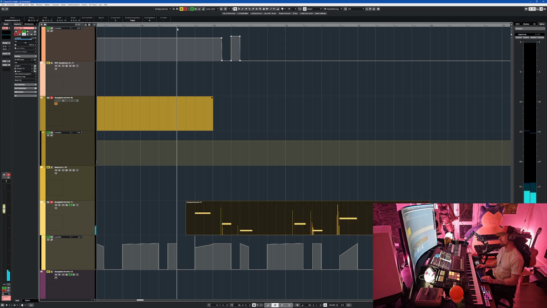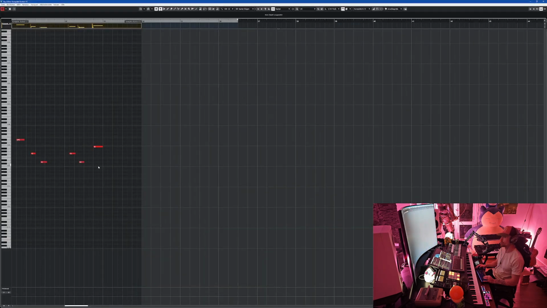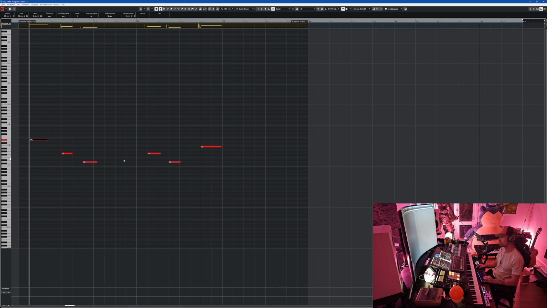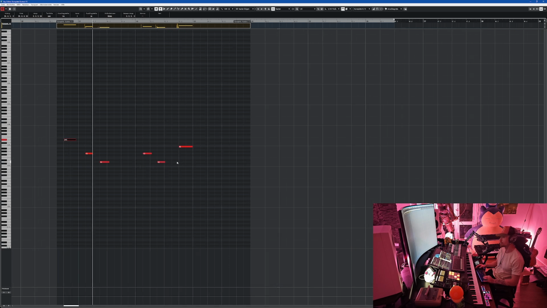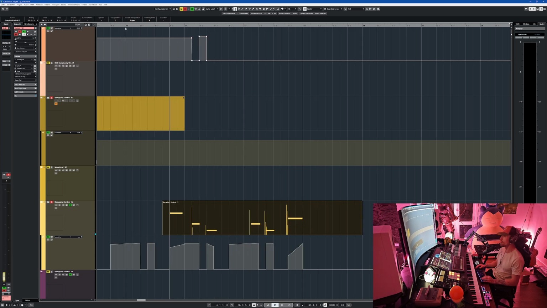This part is also a good example. So I took away the sound here. If you listen to this soloed, it sounds like this. So what it creates by creating these volume automations, it creates this nice release over here and over there. And just, I don't know, works pretty good together with the other percussion elements.